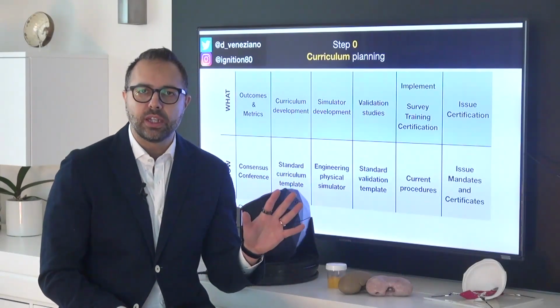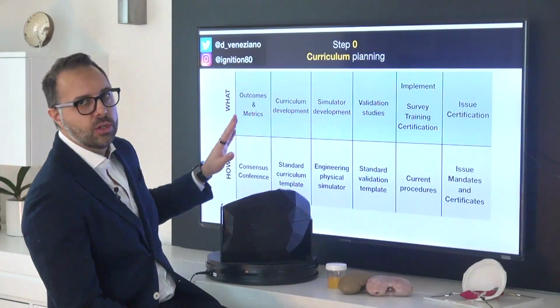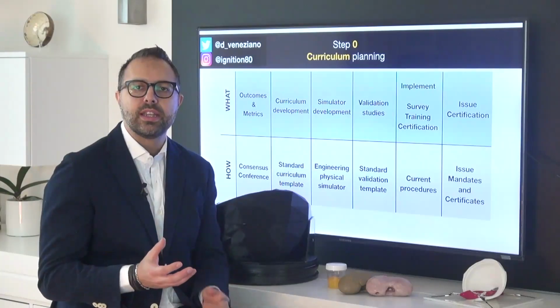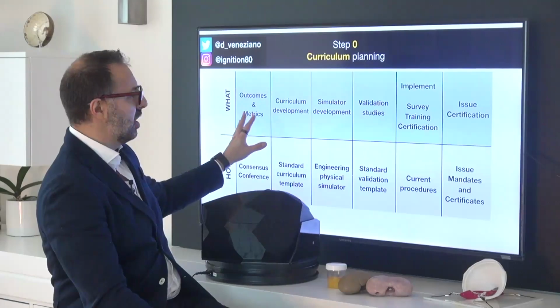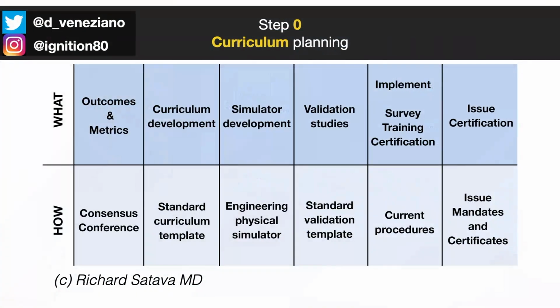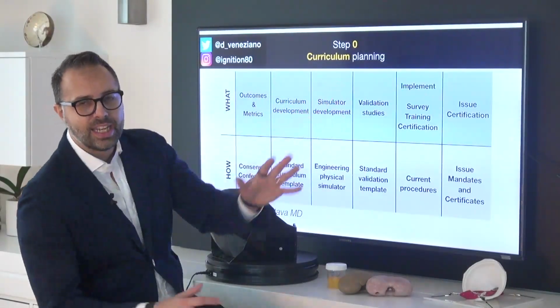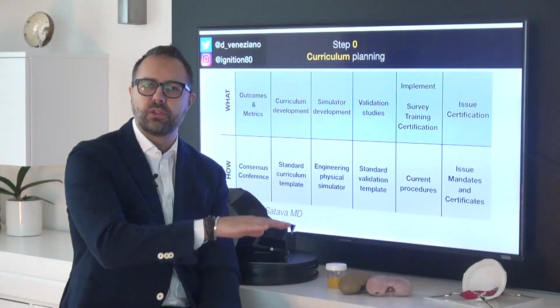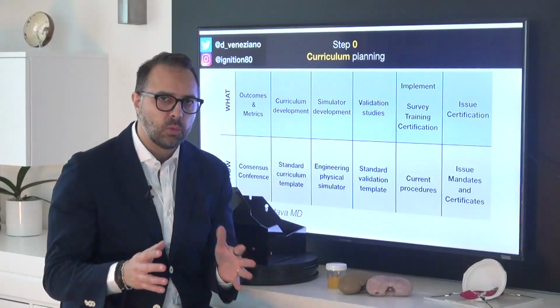And if we have a look at this template, we can see that at the very beginning we have the outcomes. So here is when we decide what is the final use of our simulator. After that, we start developing the curriculum with the metrics. So we start understanding what we want to assess, not only to teach with this simulator, and just after this step we move on to the simulator development. That is what we're talking about. Of course, we will have afterwards all the validation and the implementation of the simulator, but today we will focus